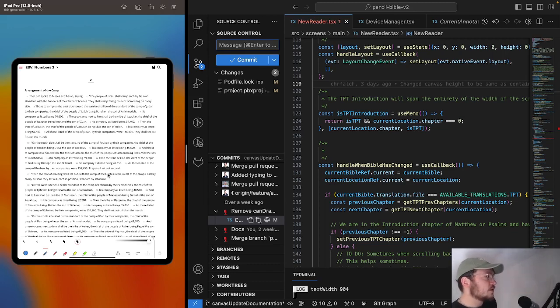The rendering of the text was fine. The issue was with the Skia canvas. The issue is how we were approaching it. But the crash that we were running into was due to our usage of React Native Skia. I'm definitely butchering this. Christian